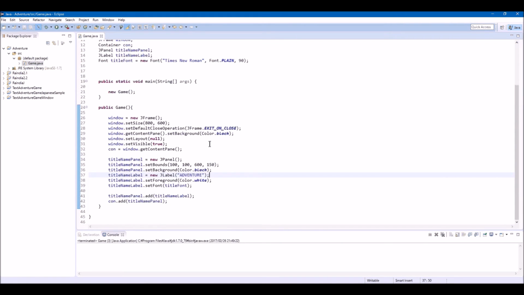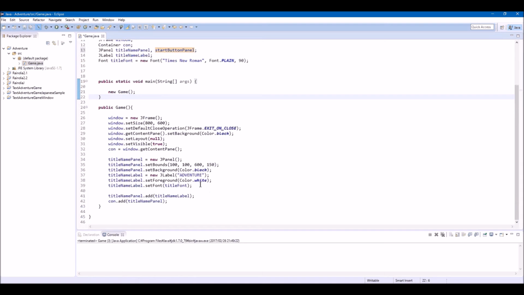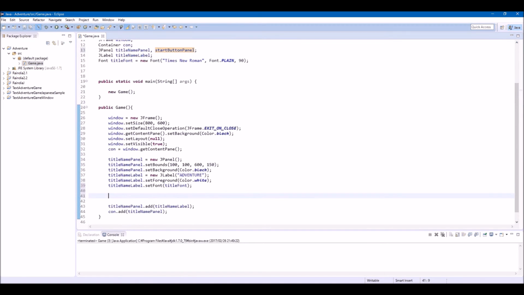Okay, so now, to create this start button, we need to create another panel, this JPanel, for this button. So I'm gonna name this as a start bottom panel, and just like this, we're gonna create another panel. So start bottom panel, call new JPanel,